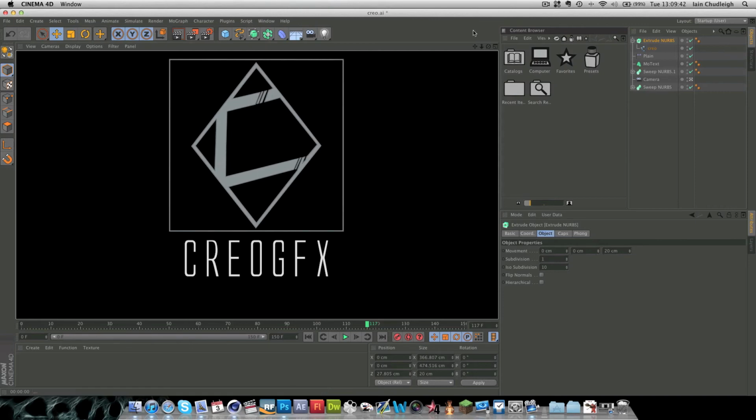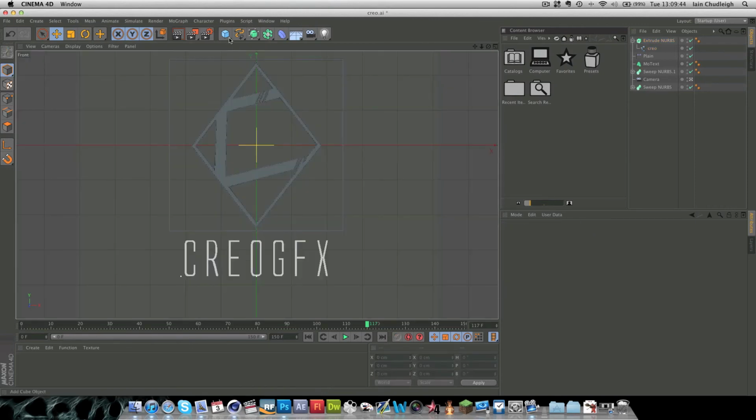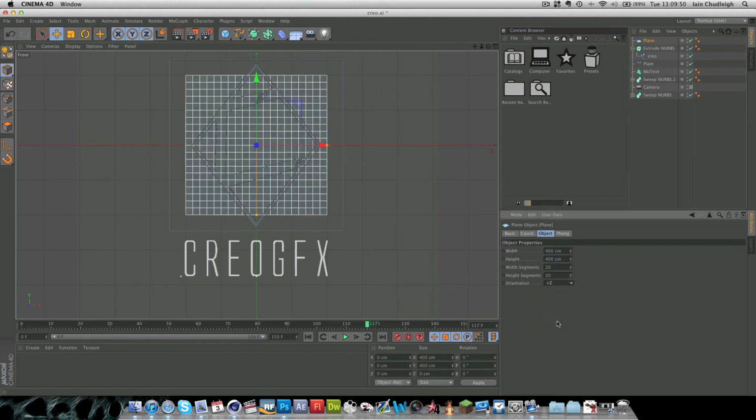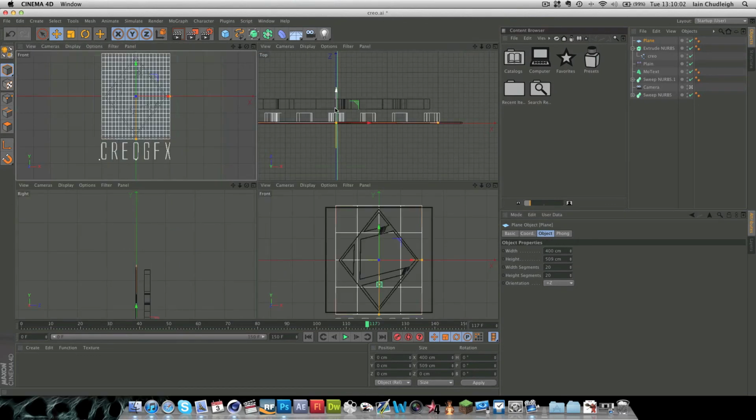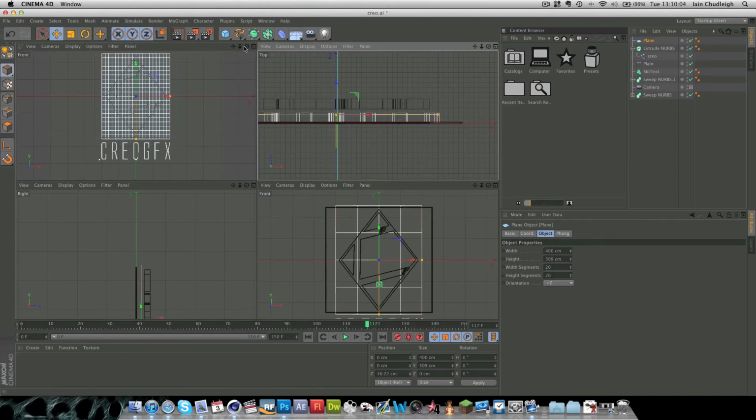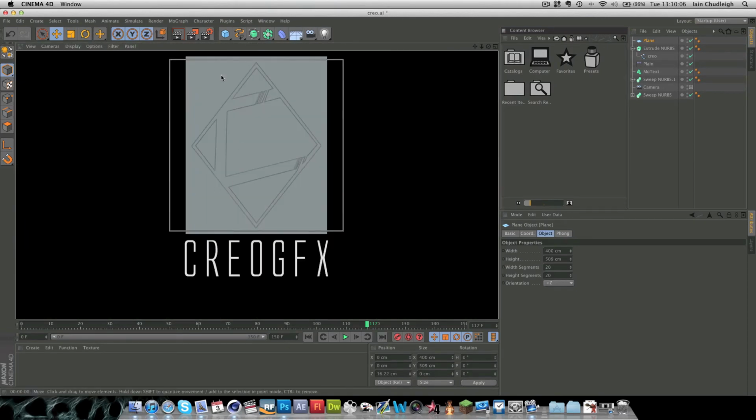And now what we want to do is go into your cube tool and go plane, change the orientation to +Z, and just resize this until it covers your entire object. And then if we go back here, we can drag this back a bit as well, and now we can see that we have this. It looks a bit rubbish now,